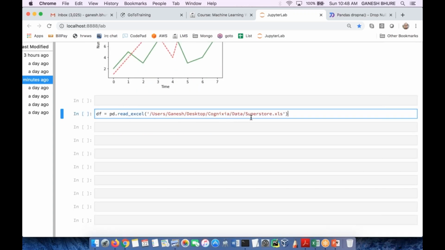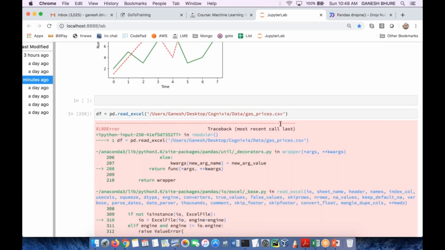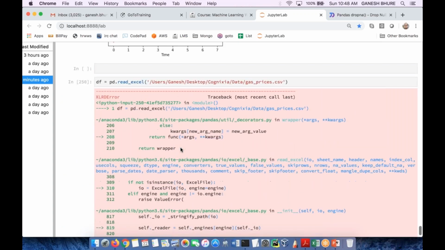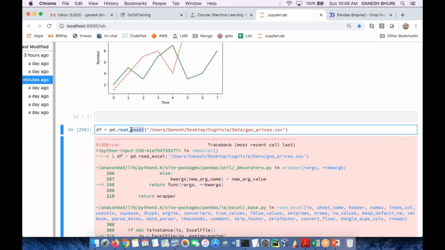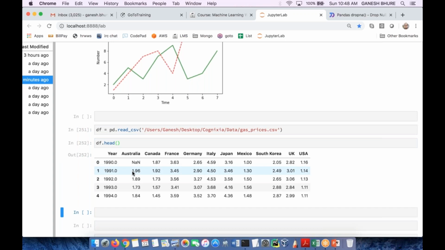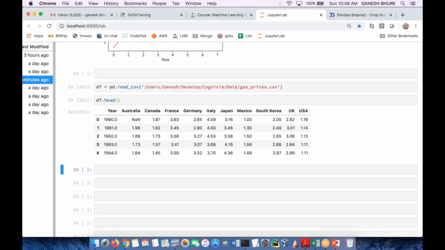So here, let's say I have gas prices data. What it says is unsupported file. Okay, sorry, this is the CSV file, and I have to use CSV. So df.head, and I find some of the gas prices for different countries during different years, right? So maybe I want to do something here, and I can probably plot, let's say, based on the year,